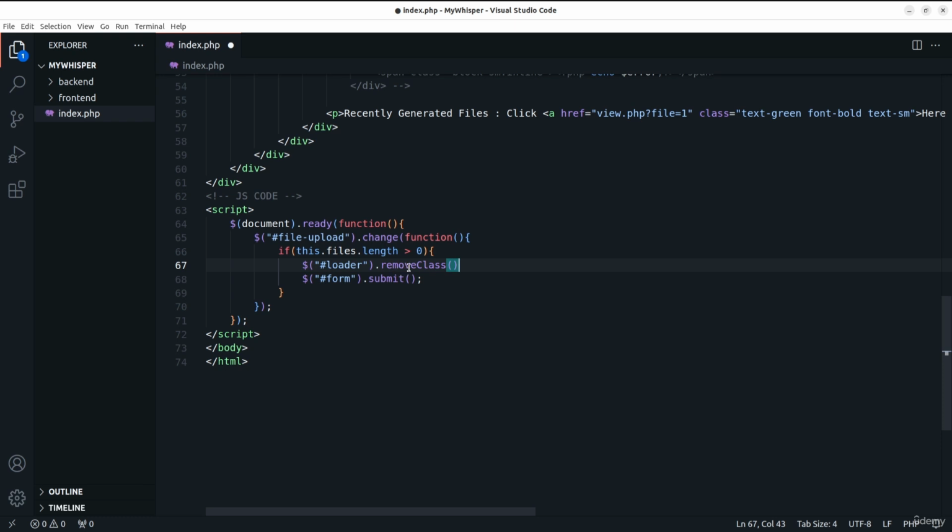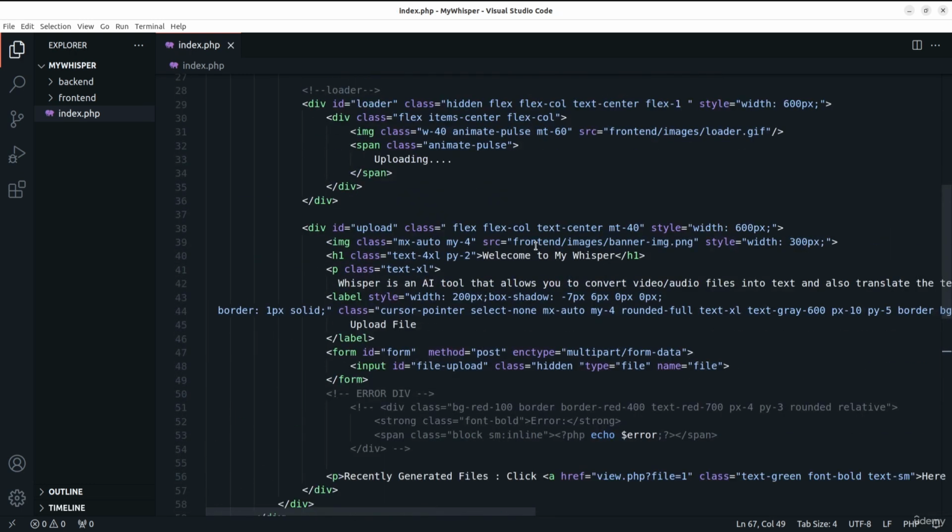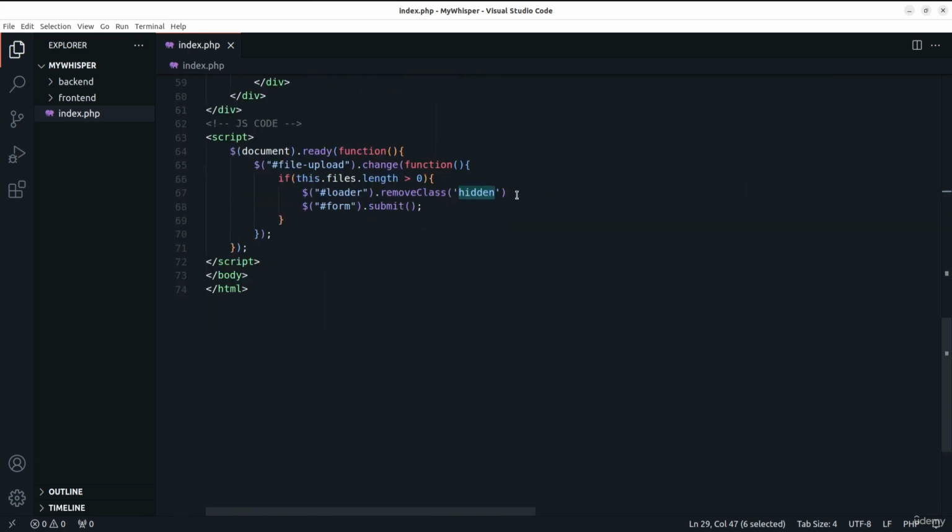We are actually using this remove class function to remove the class from the div. Now we need to remove the hidden class. As you can see, we already have this hidden class right here to hide the div, and we can end the line,